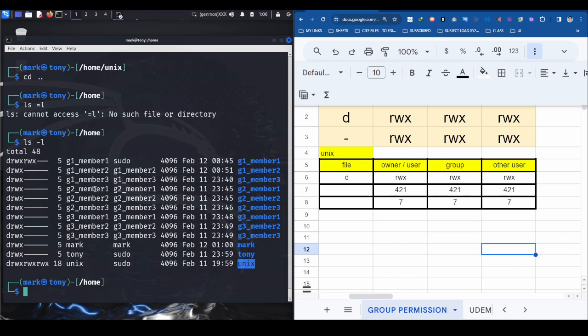So in your case, you need to put for group 1, give a permission for all the group 1 to access in your specified home directory. For example, this home directory for G1 underscore member 1, you need to give permission to group 1, all group 1. Okay, for example,